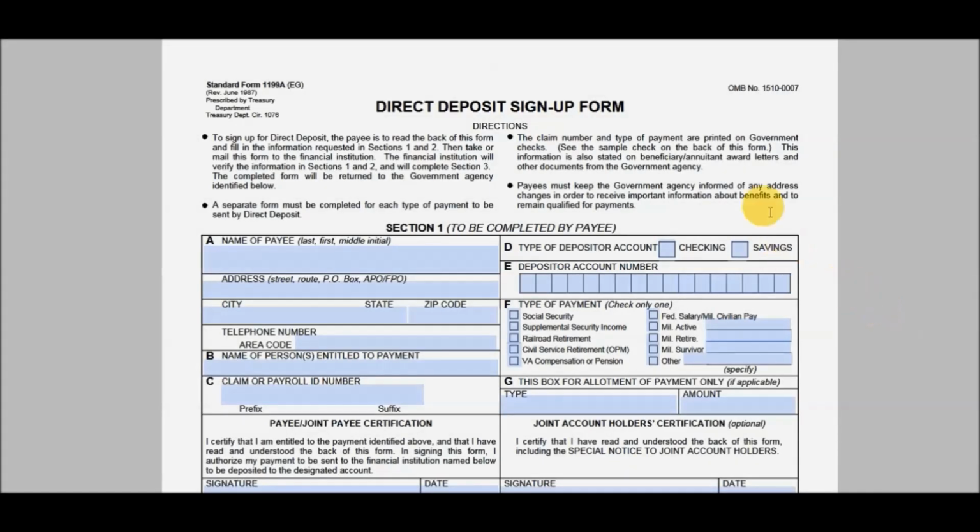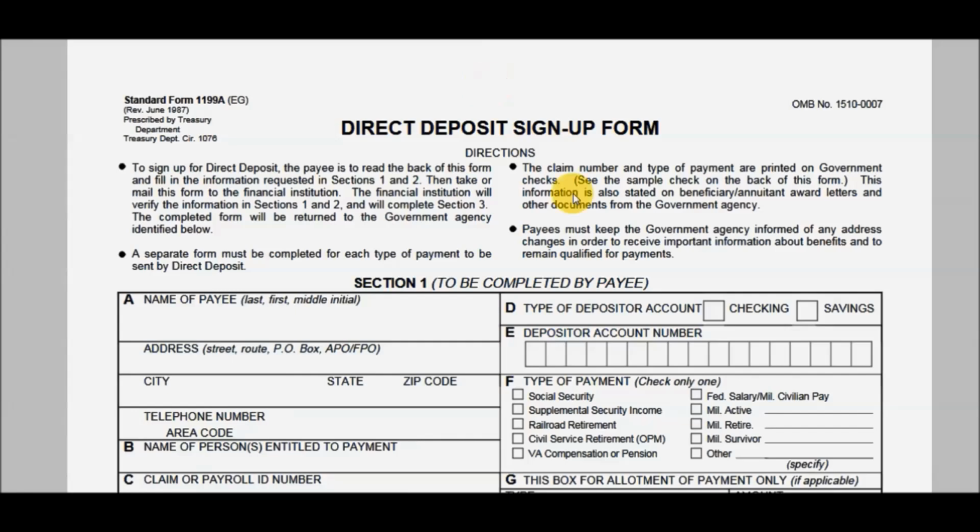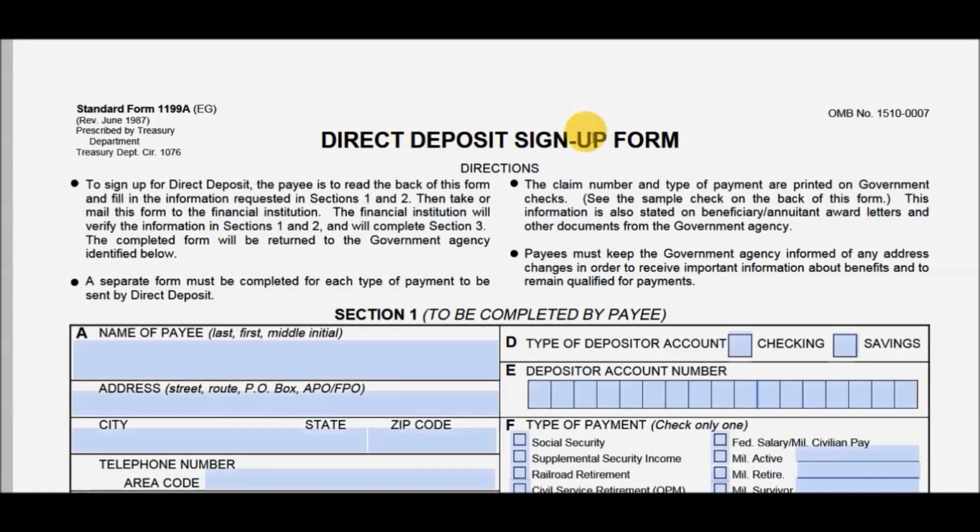Now, let me put you onto a game that emphasizes the fact that many will seek and will never find. Here are the very exact forms that you will fill out to get the direct deposit. I know most people don't even have the deposit account yet, but don't worry. I need to show you this form first because these are the forms just like you would take a W-9 to open a bank account for business, like many people already know if you have one. These are the equivalents of the form you will take there to open this particular deposit account when it comes